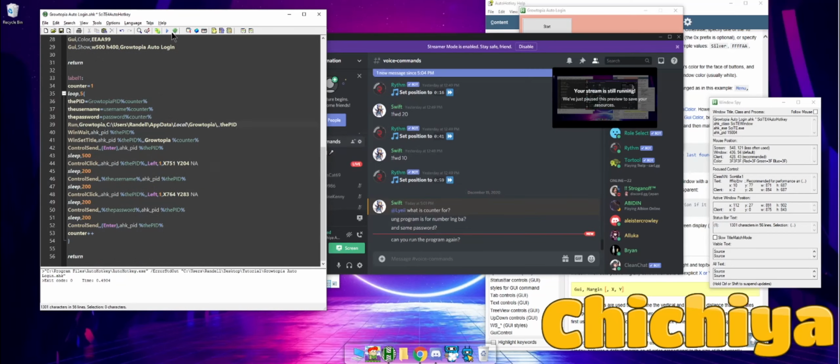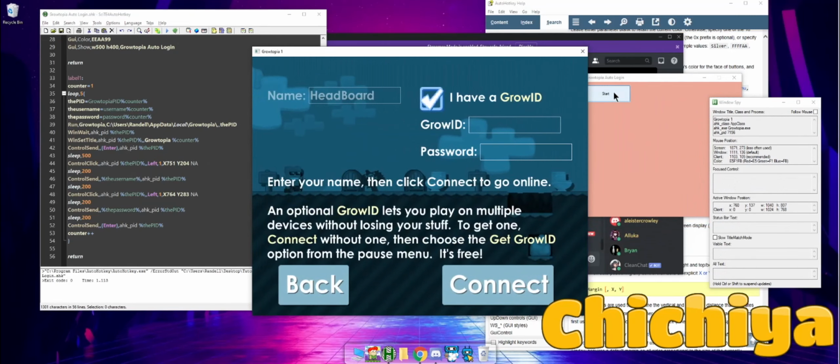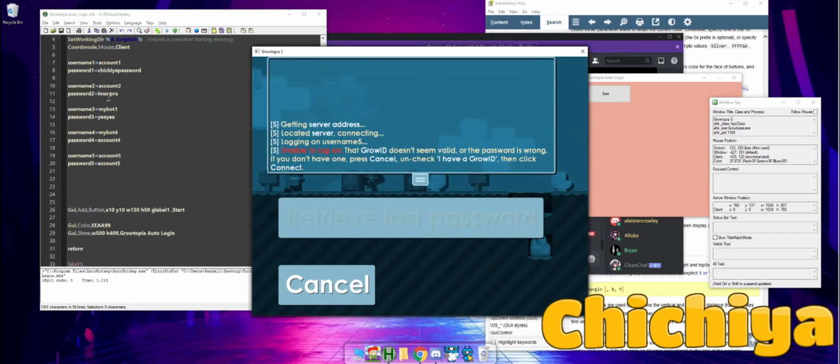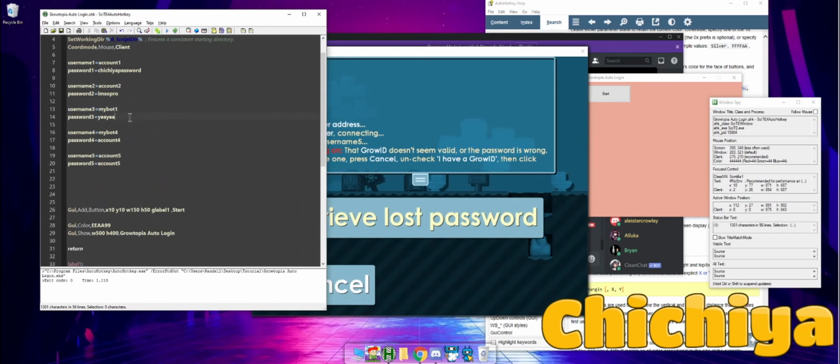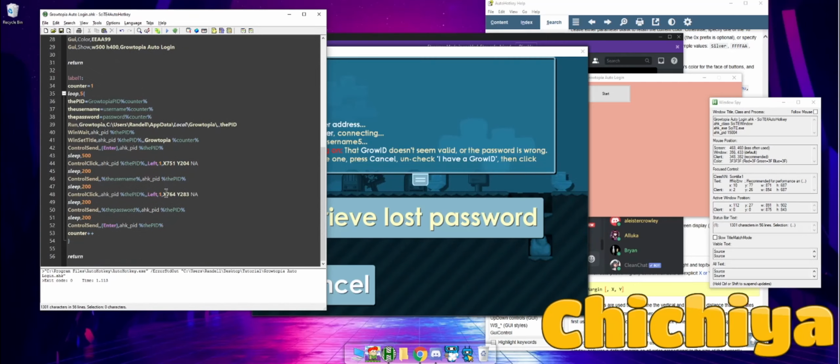Can you run the program again? Sure. Go ahead and run it for you. And then start. Username 1, username 2, username 3, username 4. Oh, my bad. I think we have a bug here. See, it's supposed to be mybot1, right? Yeah, maybe. Yeah, there's a bug here. So instead of, okay, so there's a bug here. So here, instead of